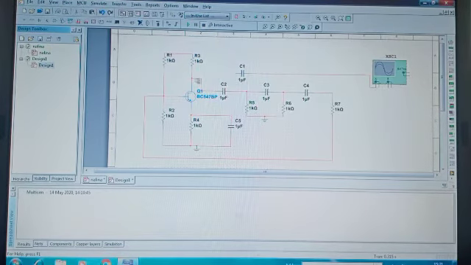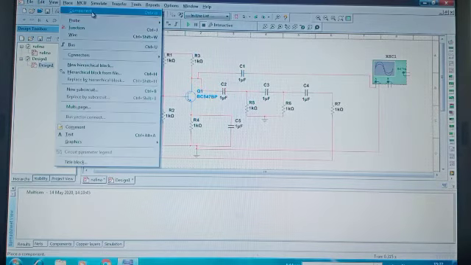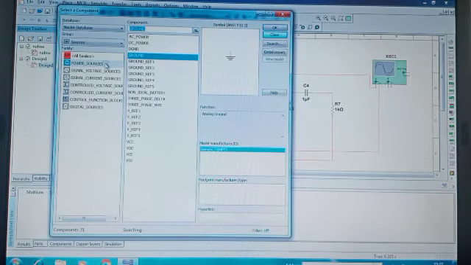Next we will connect this capacitor and this terminal will be connected here. Next is a VCC: components, sources.